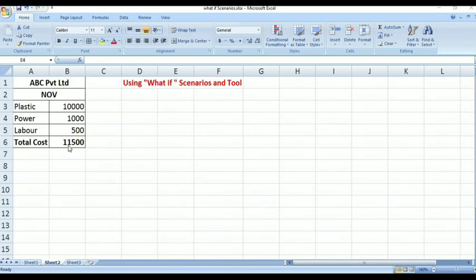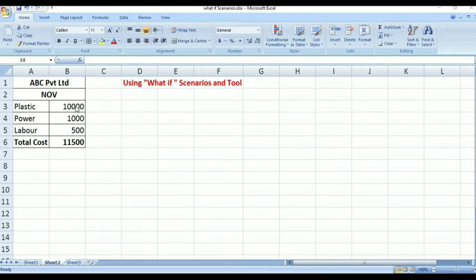This is not necessary all the time; this cost may not remain the same. The cost of PVC pipe may vary. It may be up or it may be down. Now here we don't want to change the total cost every time. It varies when the amount of plastic is changed, or the power or the labor amount is changed.